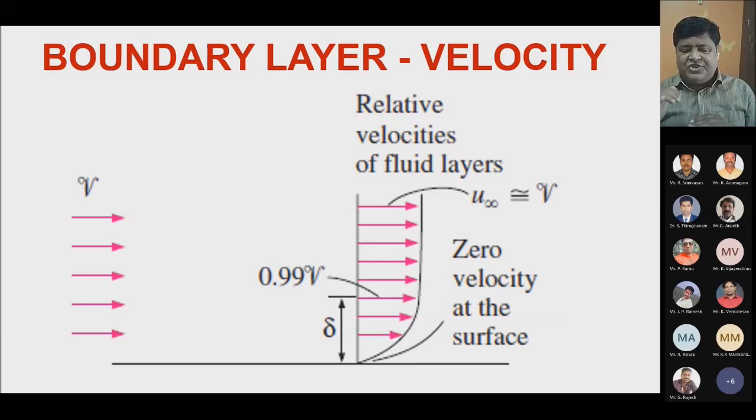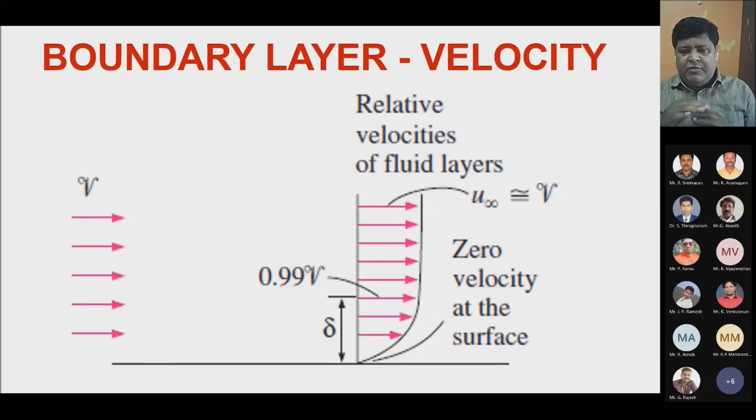But the layer which is stationary with the solid surface will try to hold that layer because of the friction. That is the shear stress that is induced. So the next layer will not be able to move at 5 meters per second, but yet it will move because it has more inertia. It's moving there.